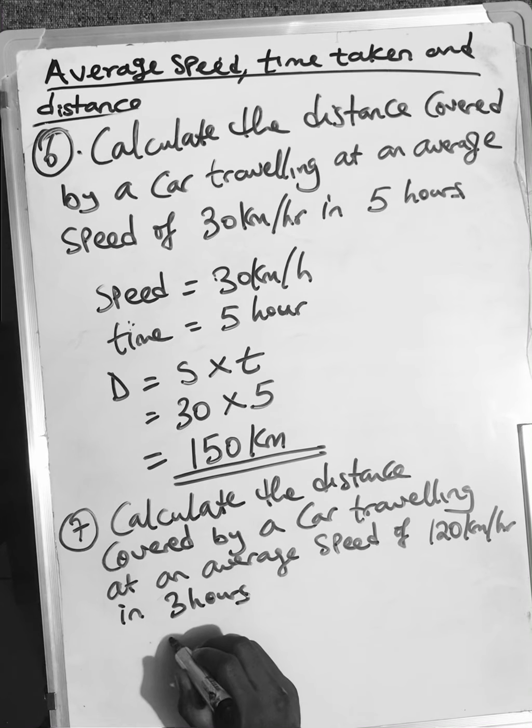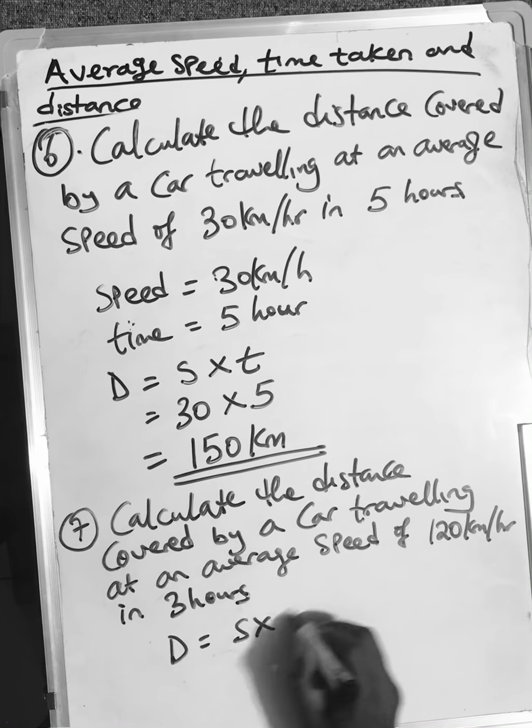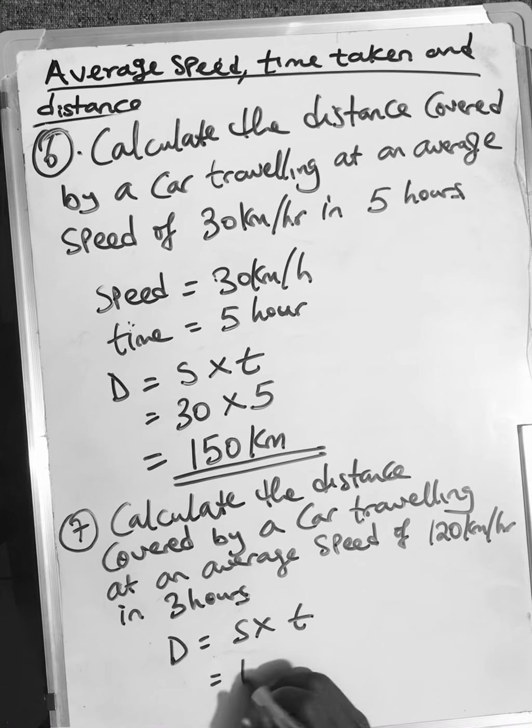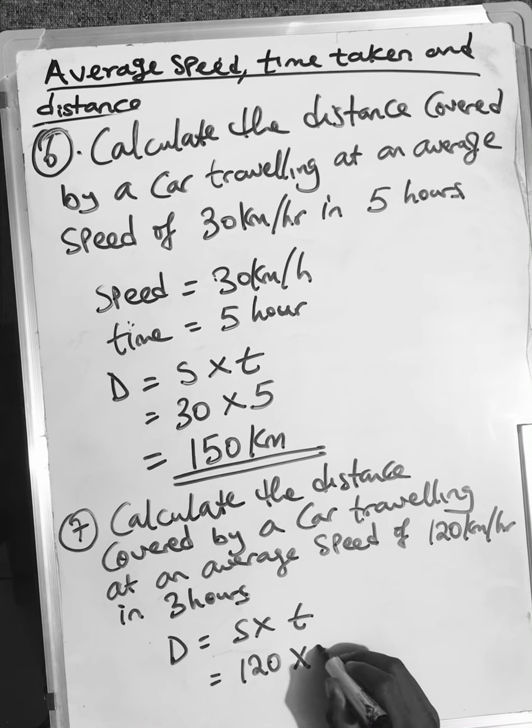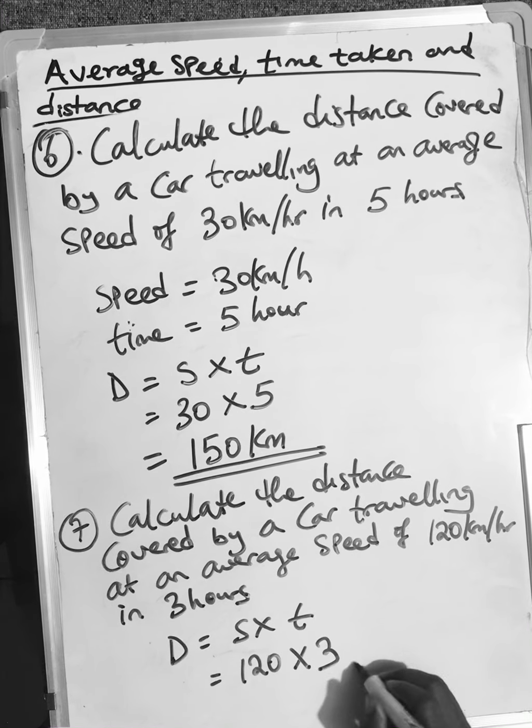So the distance is speed times time taken, which is 120 times 3, which will give us